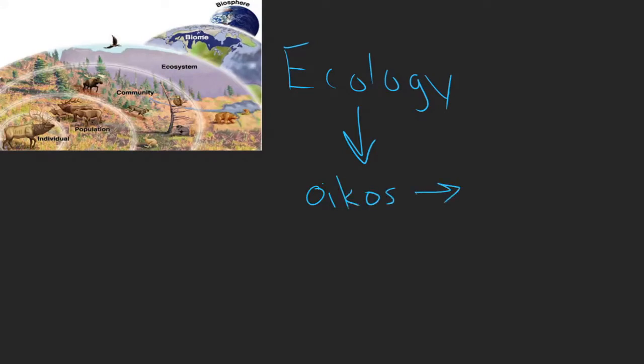The word ecology, as we use it today, is actually derived from a Greek word. The root of it is the Greek word oikos. I have no idea if I'm even pronouncing that correctly, but it basically means houses. So it gives this idea of houses or levels of organization, and that's what we're studying in ecology. We're studying organisms within these quote-unquote houses, these levels of organization, and their interactions with each other and the environment.